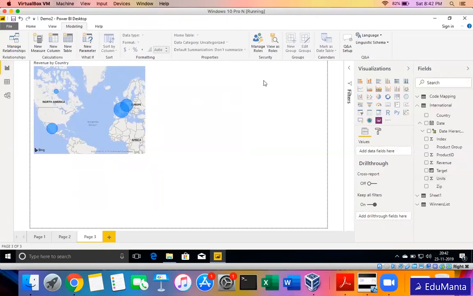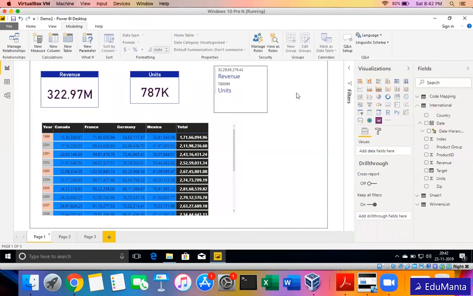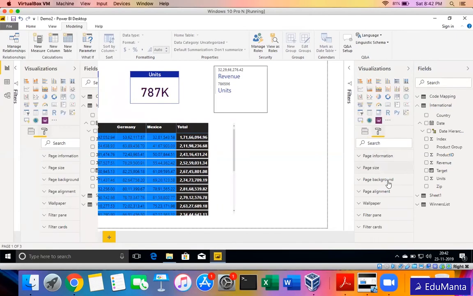Even a page, suppose I have my pages, now I can even format this entire page here. Right now I'm not selecting any particular visual, I'm just selecting this page. So the formatting options that are there are for the page size. By default it's 16:9, but if you want the page size also to be customized, there are some default options like 4:3, letter and so on.